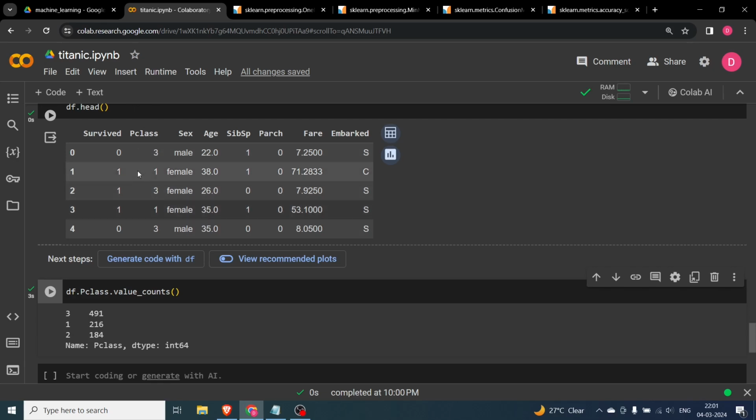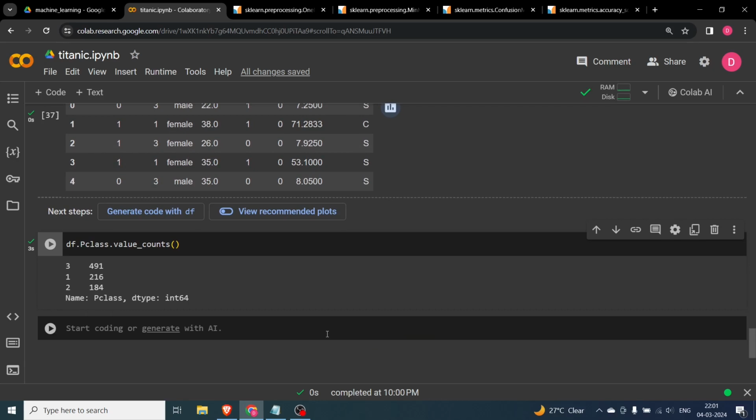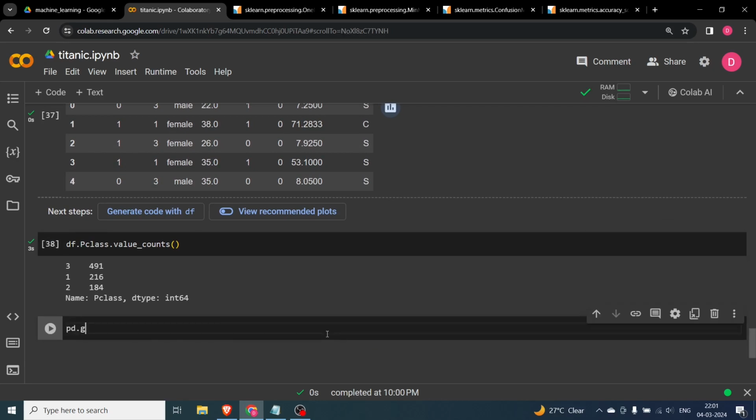Your class can be first, second or third instead of 1, 2, 3. It can be text, which means just like this column, we also need to change this column to one hot encoding or some different representation. Same for embarked. This is again S, C and other. We don't want these alphabets because the computer doesn't understand. So how are we going to do it? Well, there is one way in pandas that we do it. We say pd.get_dummies,